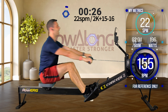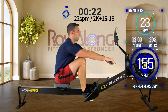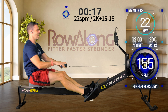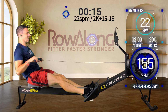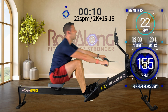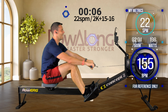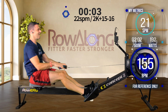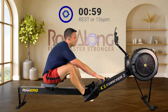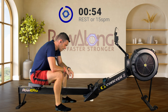11 strokes to go. Last stroke coming up. There you go. Do what you need to. Light rowing, heavy rowing,